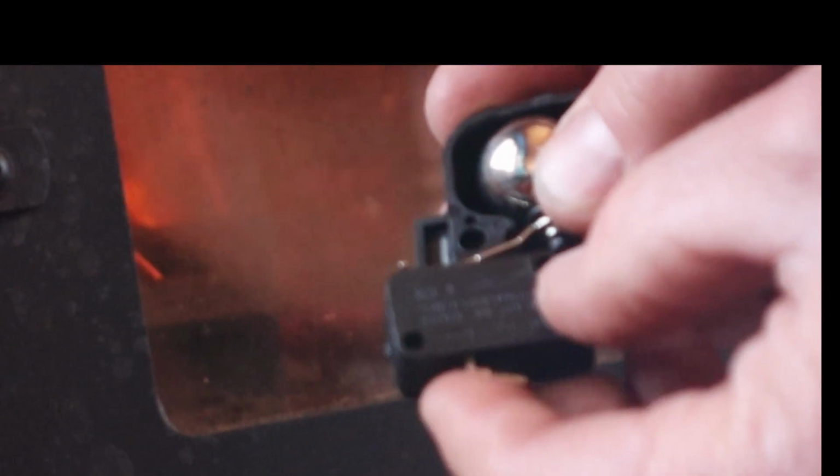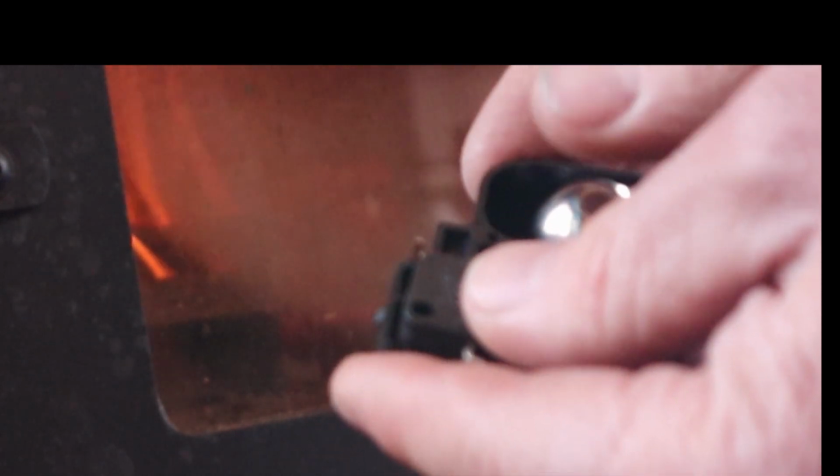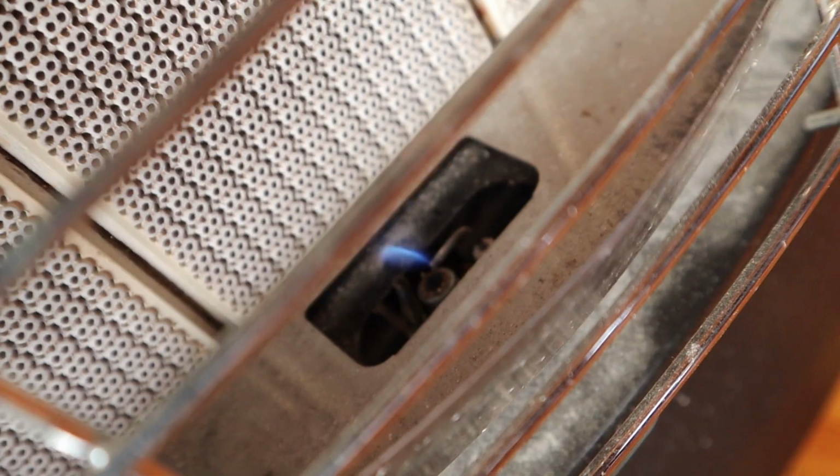will complete the circuit. So if it tips over, this will push up and it will open the circuit and it will turn off your heater. So that's really all that's going on in there. Now why it doesn't work sometimes, I don't know. Maybe it's just...